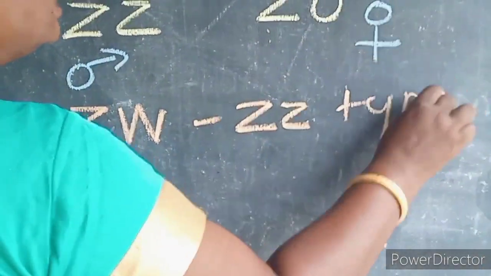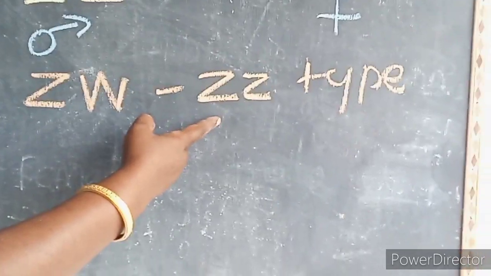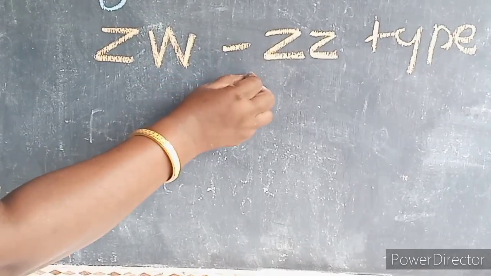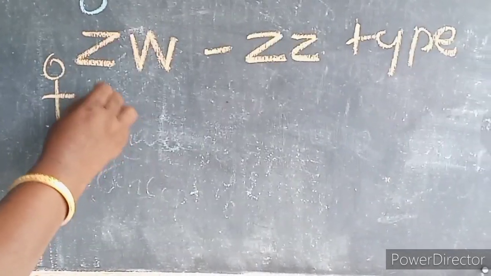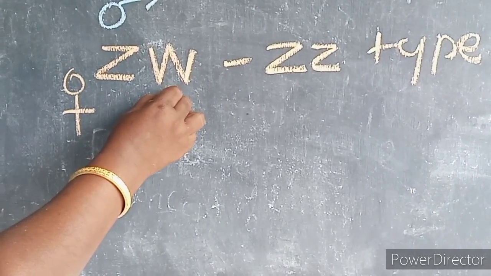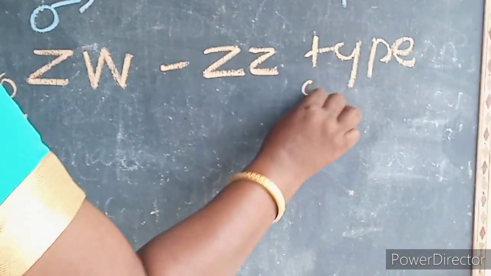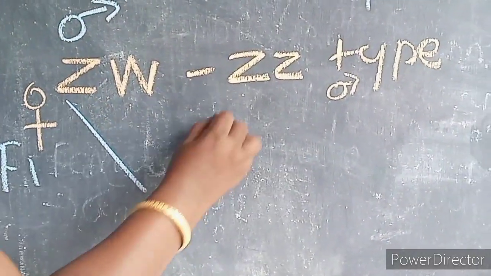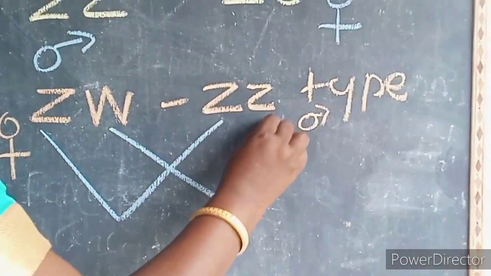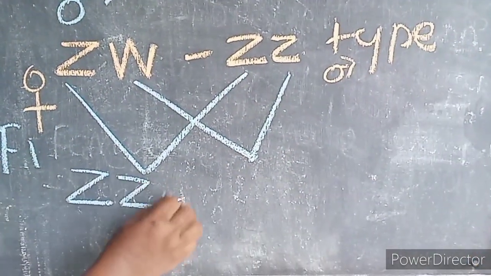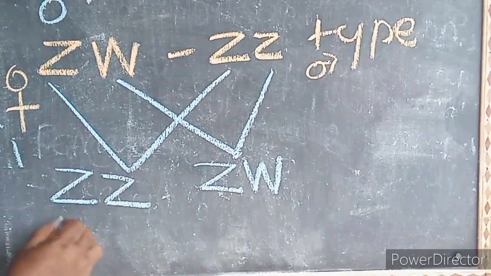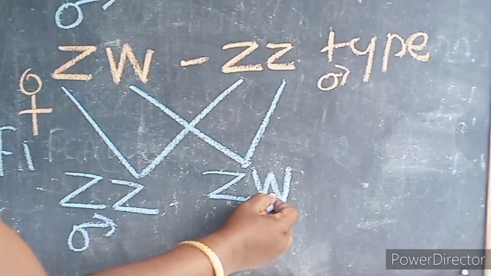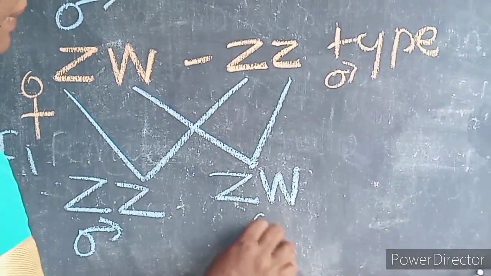இதே கான்செப்ட் தான். If the chromosomes are similar, then it is homogametic. If the chromosomes are dissimilar, then it is heterogametic. இதில் எது மேல்? This is the female, ஏன்னா ஒரு Z chromosome, ஒரு W chromosome. இப்போ ரெண்டு chromosome-மே same இருக்கு, then it is a male. So in the F1 generation, this Z chromosome crosses with the Z and W crosses with the Z. So producing Z, then Z with the W. So here it is a homogametic male. Producing two dissimilar gametes, then it is a heterogametic female.